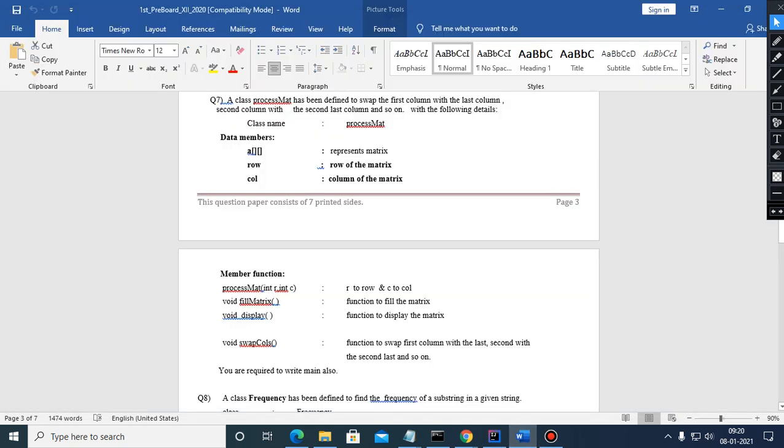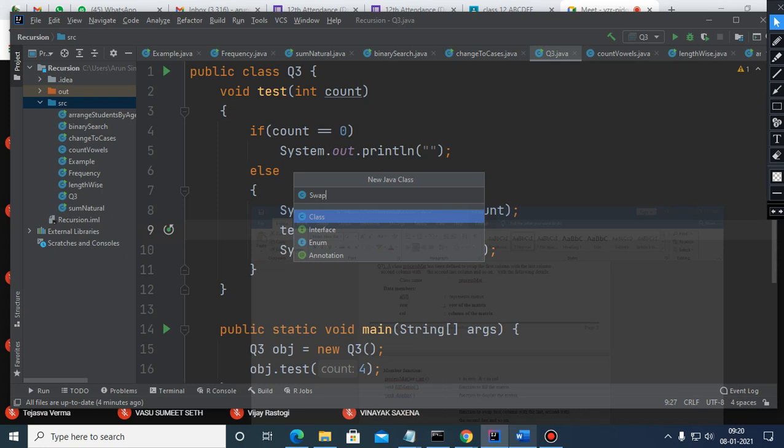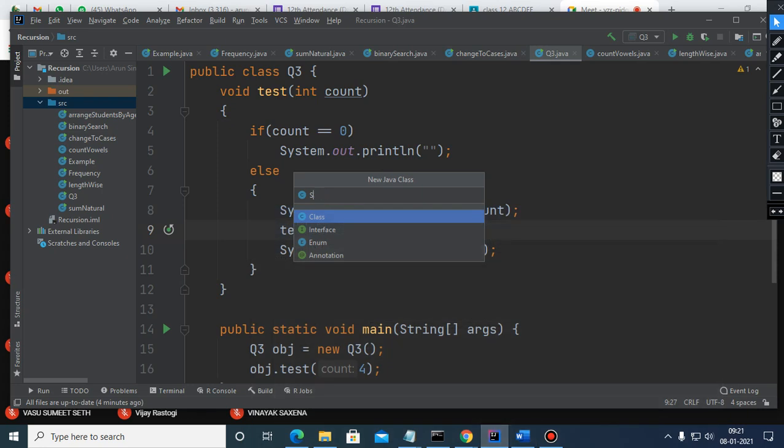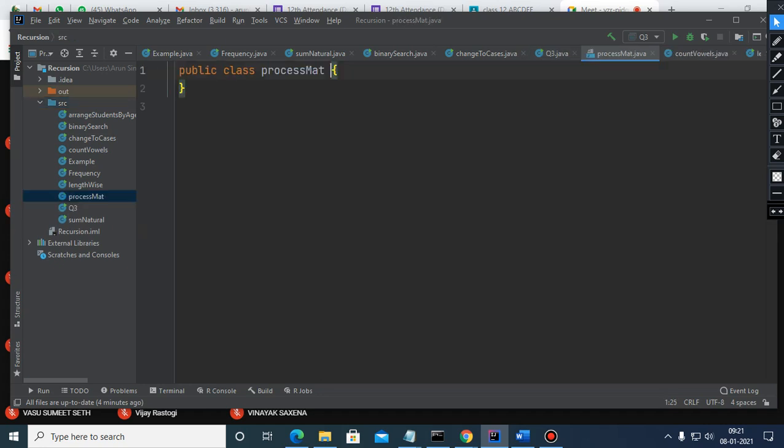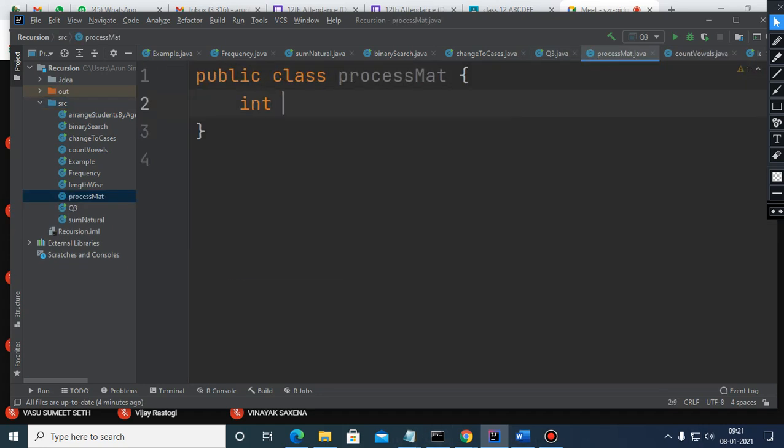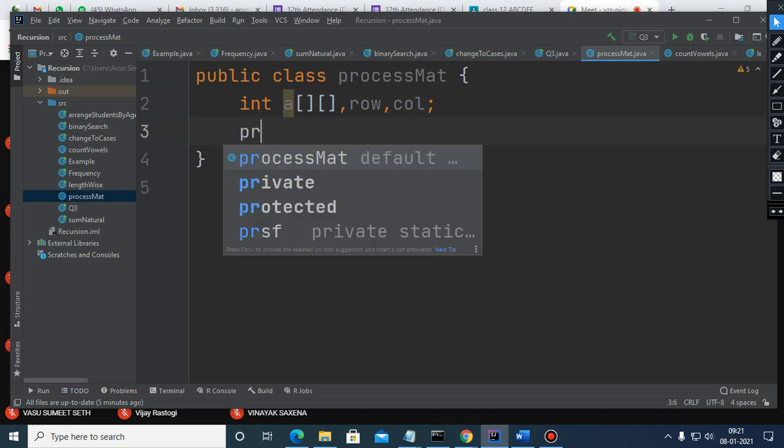The name of the class is process mat, right? Okay. So here what you people are doing unnecessarily, 1 mark I have deducted just because of this.